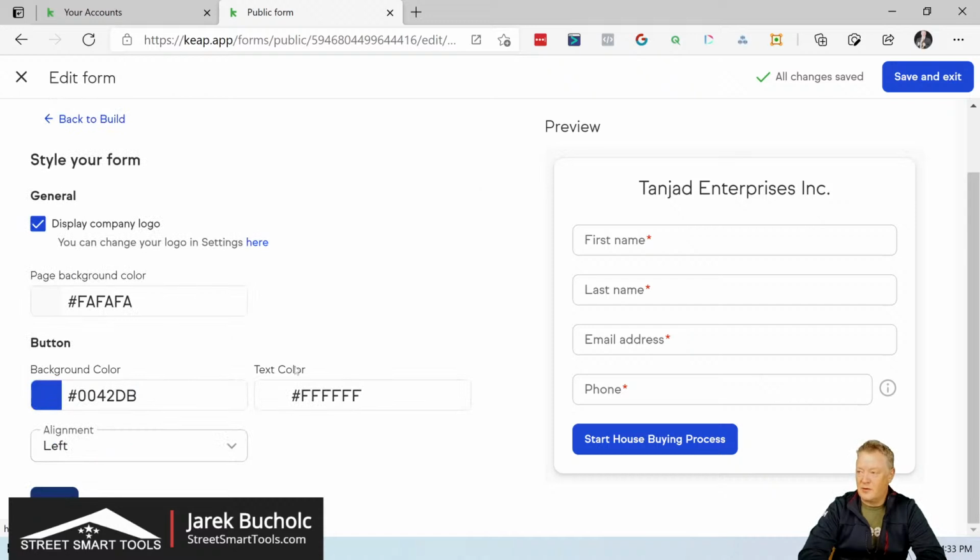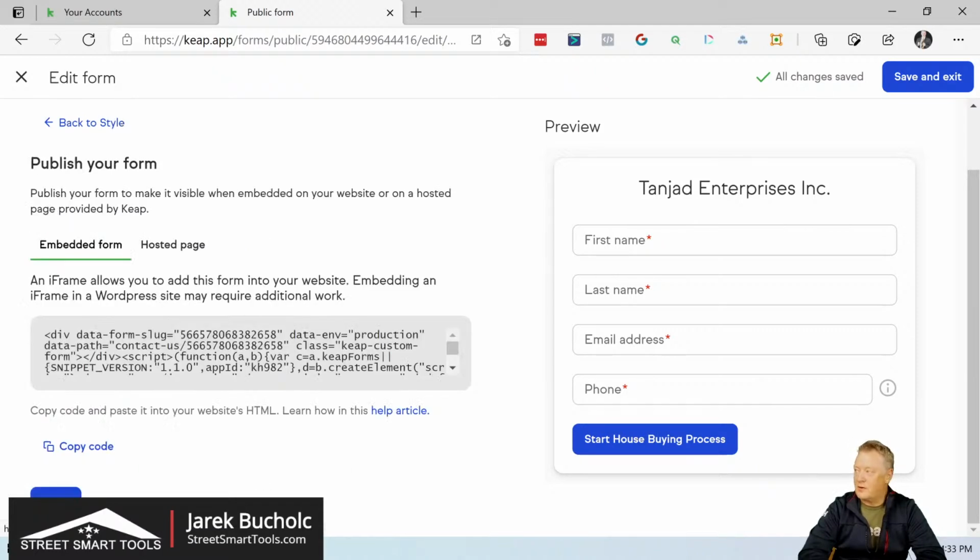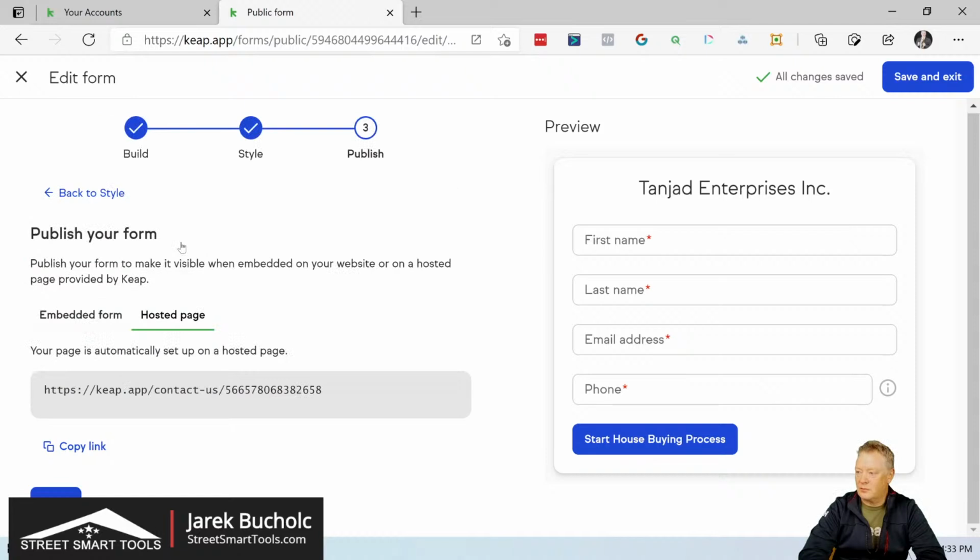Please understand this is very basic. Display company logo. There's no logo yet, but you can add it. You can customize the colors, information, and everything, alignments. Start house buying process. Right. That's perfectly fine. It looks good at this moment. You can customize it and embed it anywhere. You can host it on a page, right? This is the page, so that will be looking like